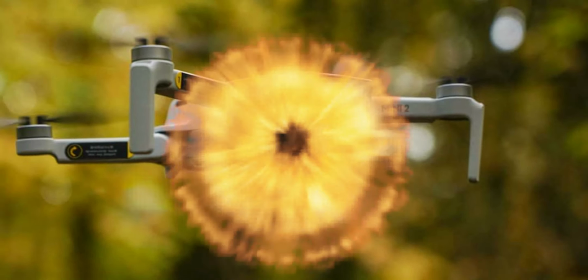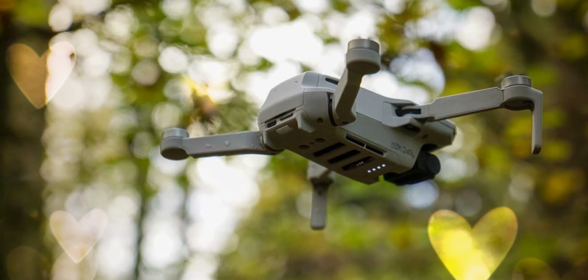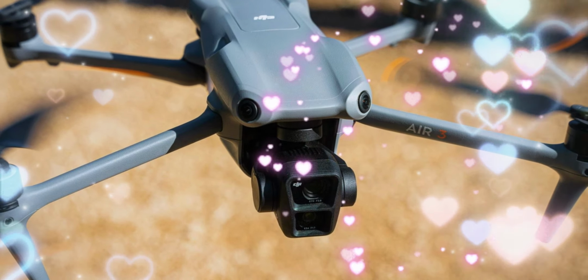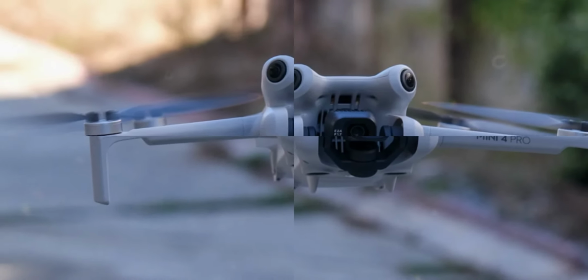Based on current industry buzz, a highly anticipated drone is slated for a November 2024 or early 2025 launch. This cutting-edge device is expected to redefine aerial photography and videography with its exceptional camera capabilities. A standout feature is its 1-inch sensor camera, capable of capturing stunning 4K resolution footage at a smooth 60 frames